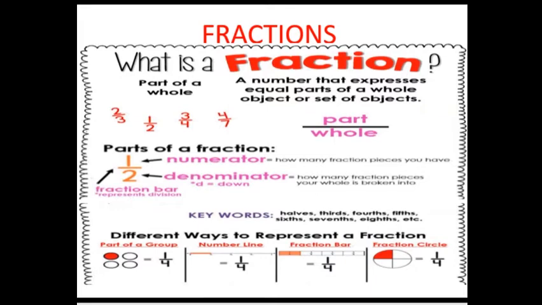Now another one is fraction bar. Out of 4 bars given, 1 bar is shaded. So the total parts we denote in the denominator, that is 4, and the 1 shaded bar we denote in the numerator, that is 1 by 4. Now fraction circle. Here also total parts are 4. Out of 4, 1 part is shaded and the total parts are denoted in the denominator, that is 4.